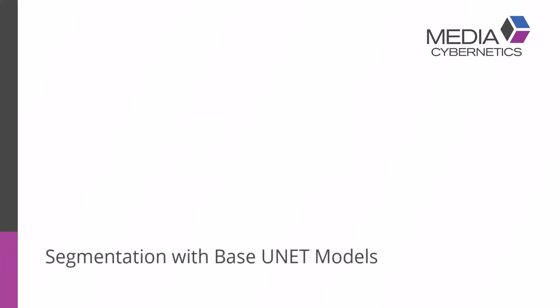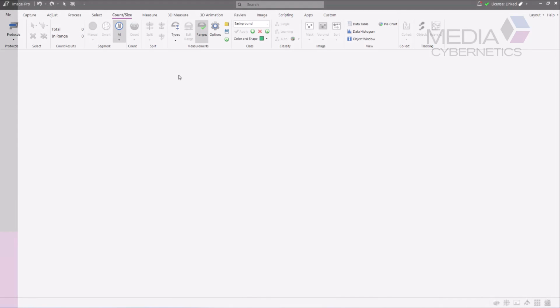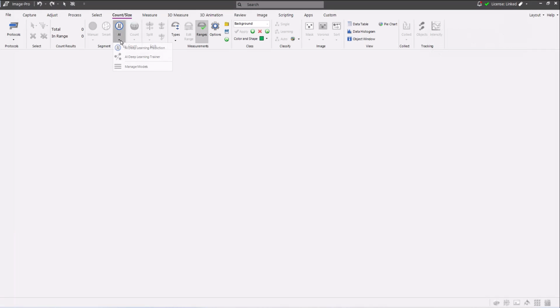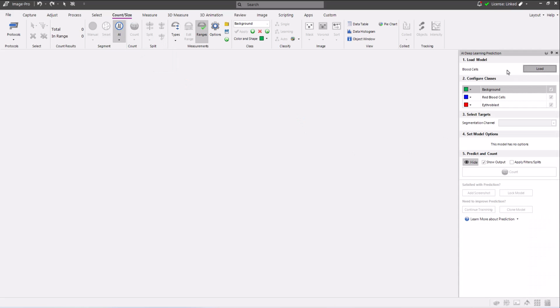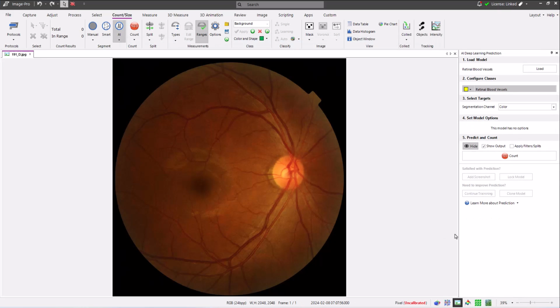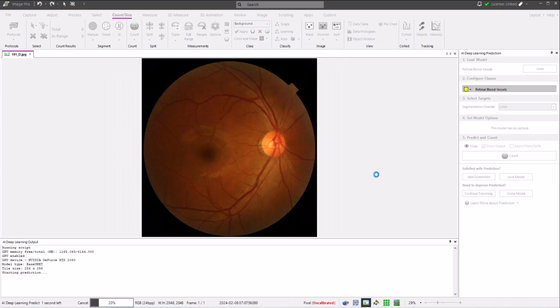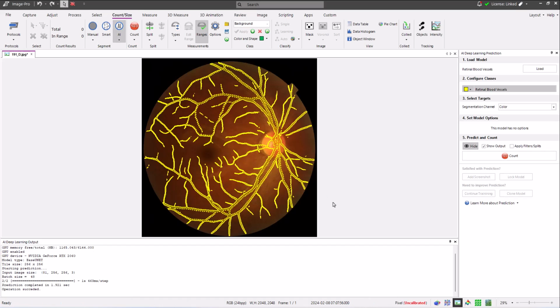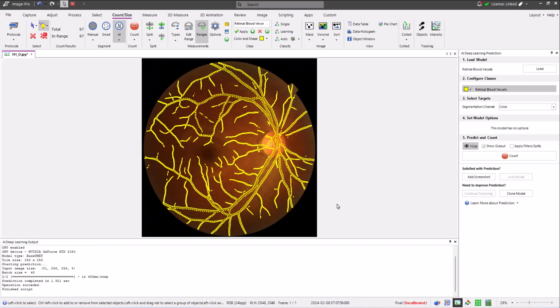In this video, I'm going to explain how to perform image segmentation using deep learning models that were built using the BaseUNET architecture. Here I'm starting by showing how effective UNET models can be at classifying pixels in an image. But before I go into detail about how to use UNET models, let's familiarize ourselves with some features of the